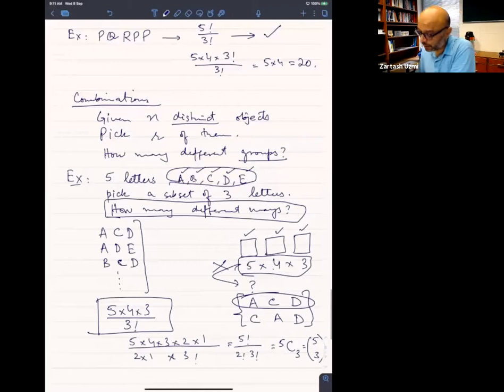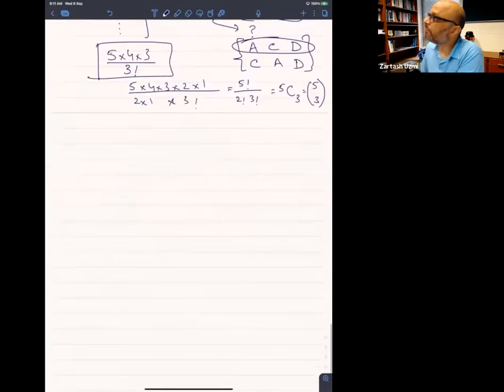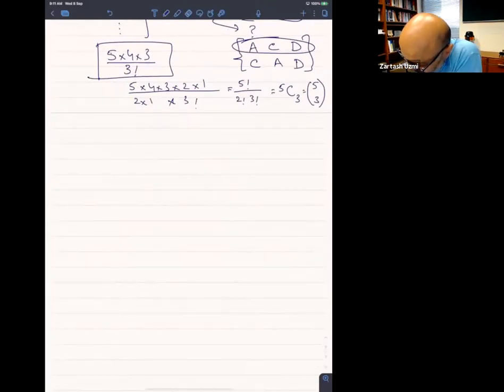So now I can answer this question. Given n distinct objects, pick R of them. How many different groups? I will have n choose R different groups. I will give one more example before we finish off. So one quick example is,